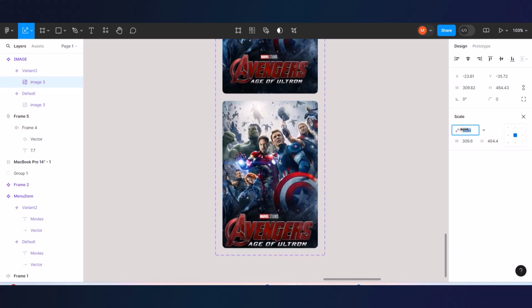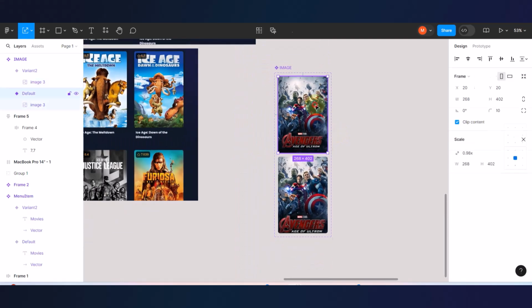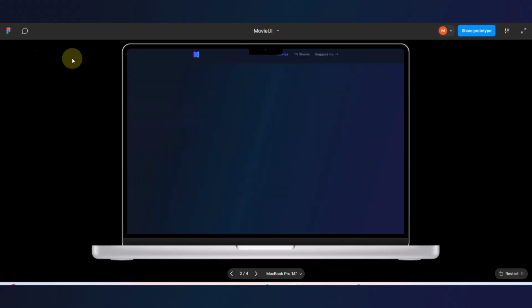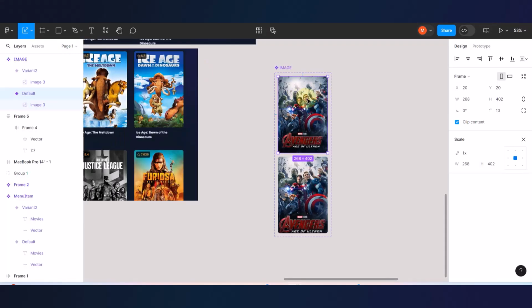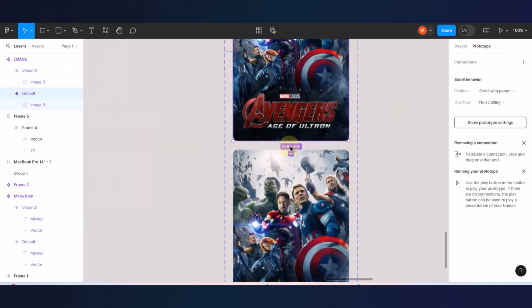I think I'm happy with this. Okay, so if I'm clicking this one and I'm prototyping, I didn't want to play it. My apologies about that. I want to click on prototype. Okay, so from here to here,